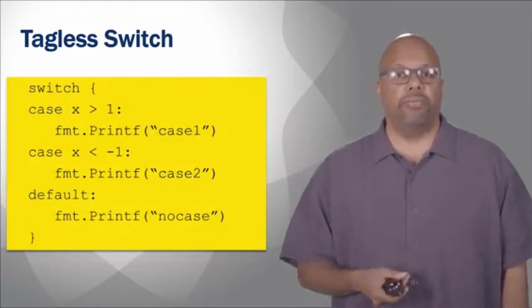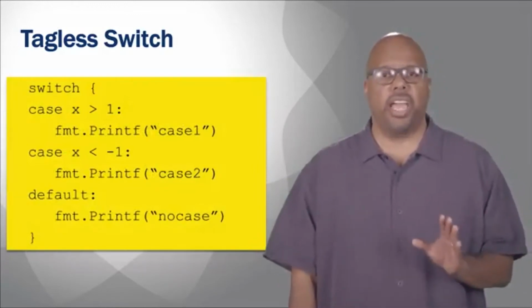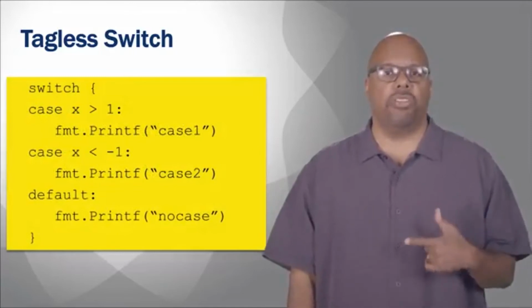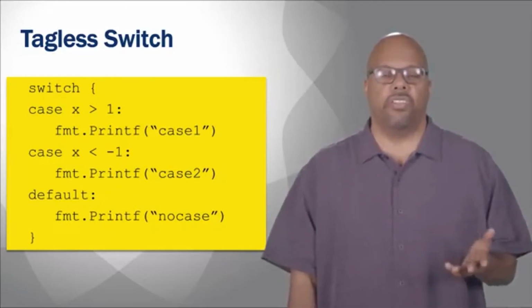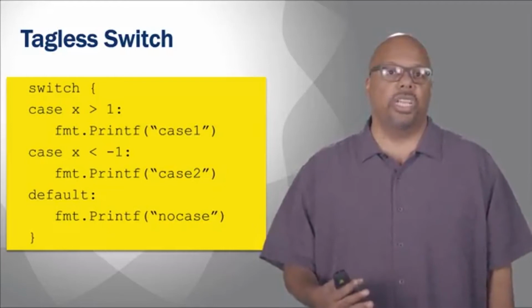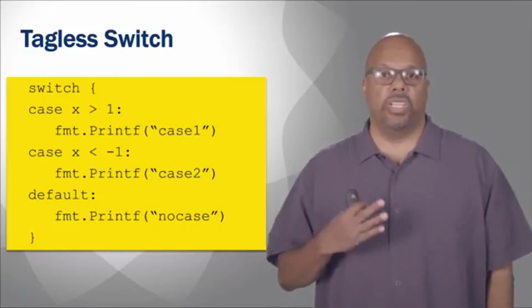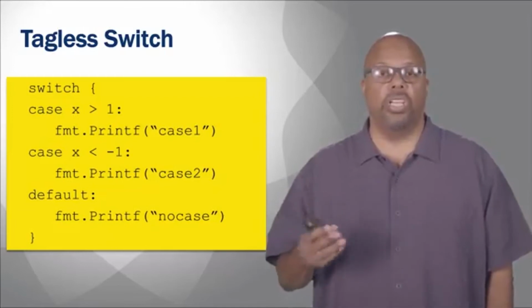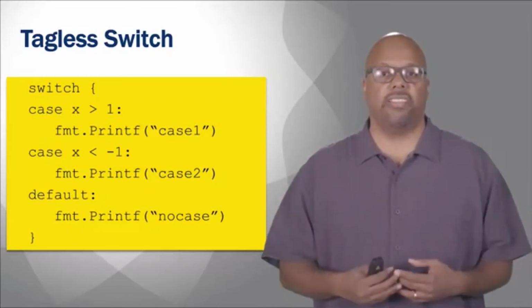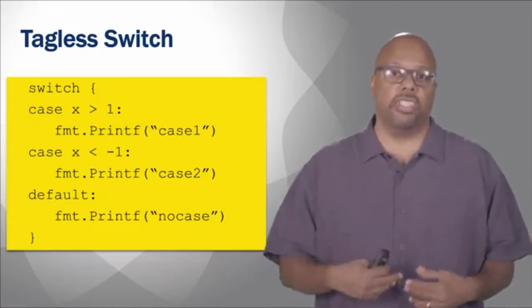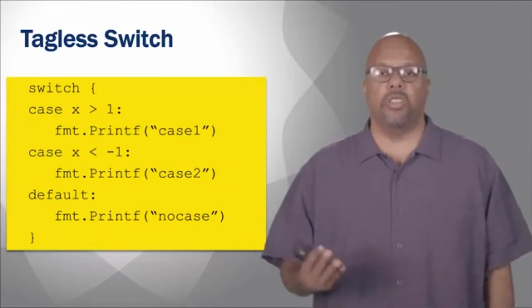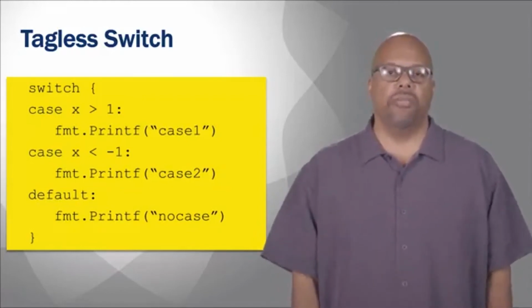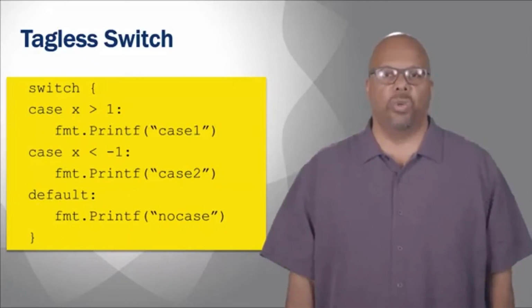So here's an example of that. In this case, we have a switch. There's no variable, no tag, right? And we just have 2 cases plus a default. Case x greater than 1, case x less than -1, and then default. Since there's no tag, it just looks to the right of the case keyword, looks at the condition x greater than 1, and evaluates that. If it's true, then that's the case that gets executed, and we're done with the switch. If it's false, it checks the next case to see if its condition is true, and so on until you're done with all your cases. If none of them match, then the default is executed if you've included a default. So that's a tagless switch, and you can use that as well. Instead of if, else if, you would use a switch like this, a tagless switch.